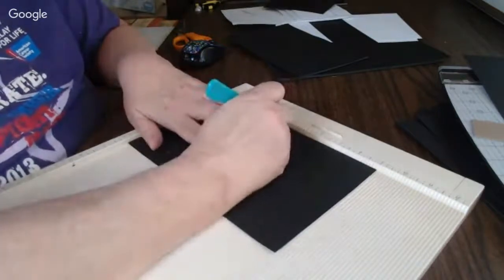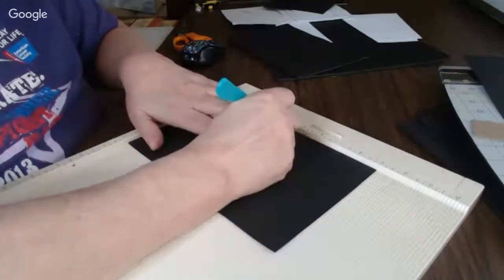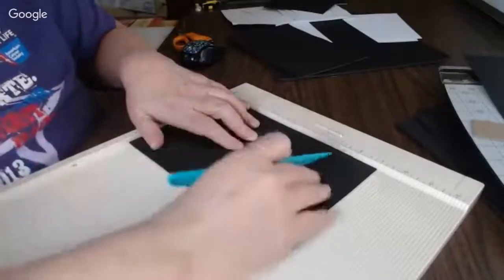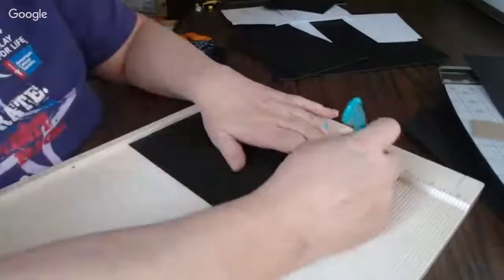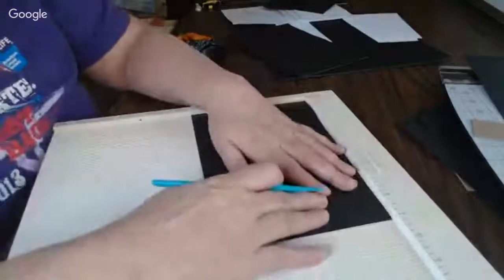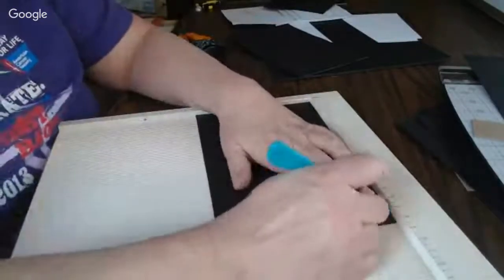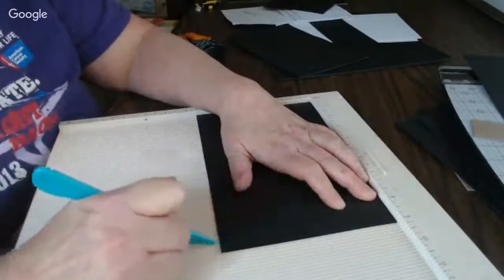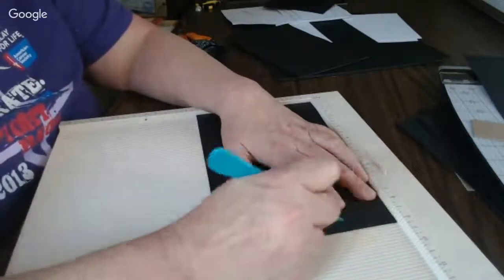So we're going to go again 4 1/4. Then we're going to come flip it over. Come to 8 1/2. Make sure you're at. See, this is the problem. I'm trying to work where you guys can see it, and I need to work where I can see it. We're going to come to 8 1/2. Okay. And I'm going to show you real fast, and then I'm going to go through the other ones while